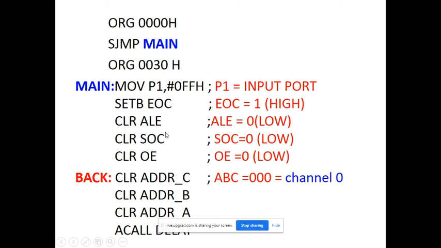Okay, now next task: you want to choose one of the channels. Now as per my problem statement, I am interested in channel number 0.